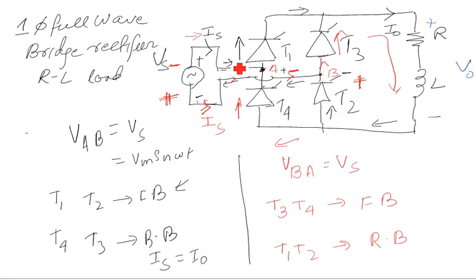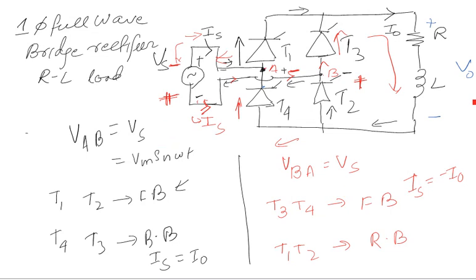So T4 will conduct and then it will come back to the supply. Okay, so this is the cycle. Here I can say that I naught is negative I naught, because of the polarity. In the previous cycle we assumed that the current direction was coming out from this side, but now the current is coming out from this side, right? So that's the reverse part.